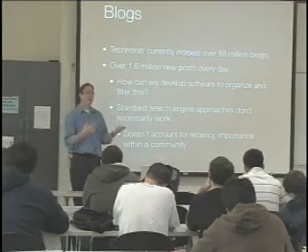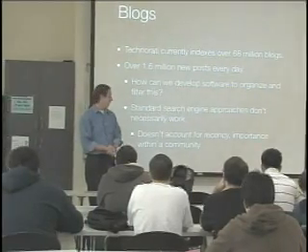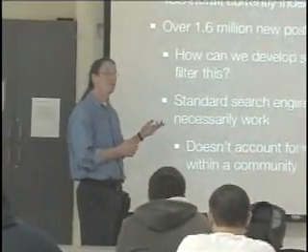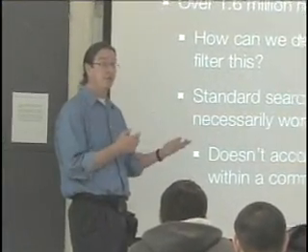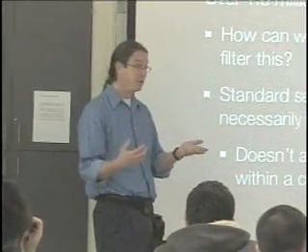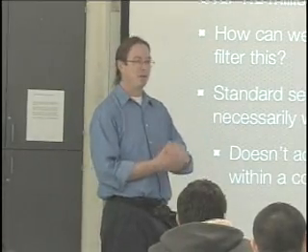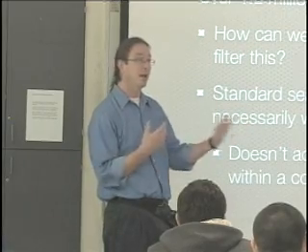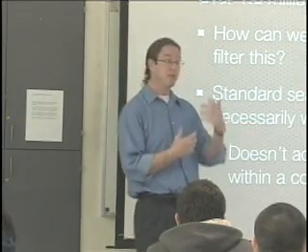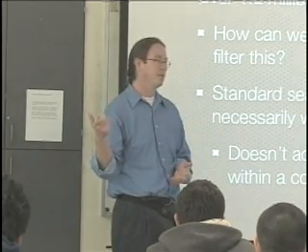So the question is, well, is there other software that can be used or developed to help maintain and organize this sort of thing? Again, the standard search engine approach, Google's getting a little better at it, but it doesn't really deal with recency very well. Most of Google's standard search algorithms look at what's called prestige or PageRank. Maybe you guys have heard about that. PageRank doesn't tell me about that blog post that came up 5 minutes ago about an earthquake that happened. Right? I need something else for that. It doesn't tell me about importance within a community as well. Something that's globally important by PageRank may not be very important to a specialized community that's interested in a particular topic.